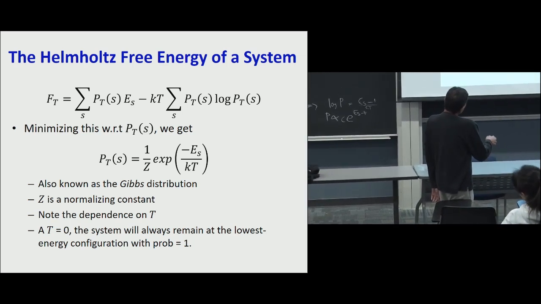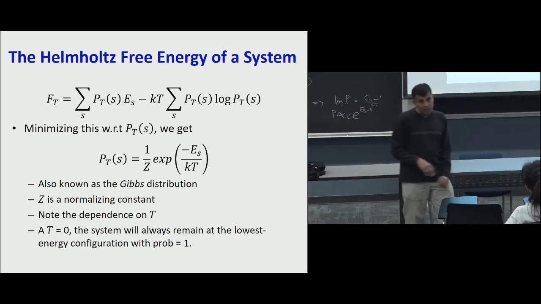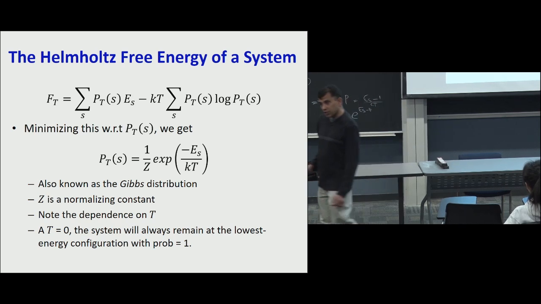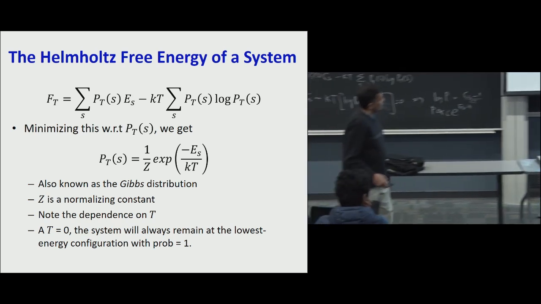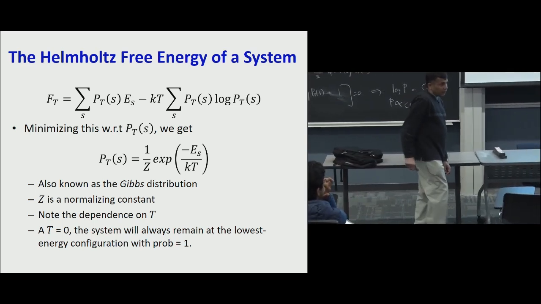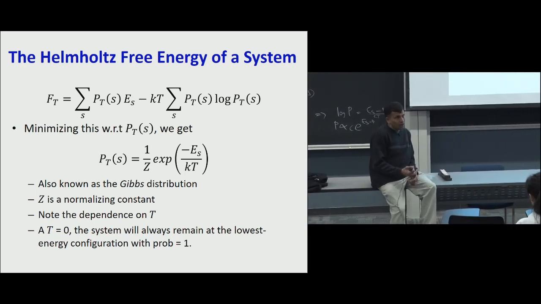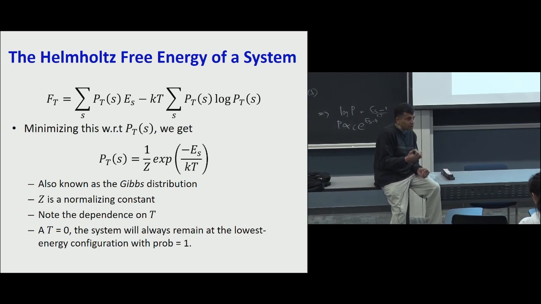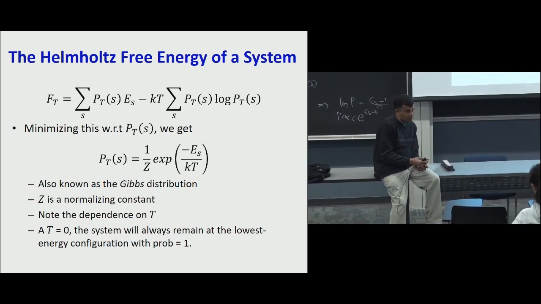There's also this external constant, which is a normalizing constant, which makes sure that the whole thing is a probability distribution, right? And now observe over here that if the temperature is not 0, then regardless of the energy associated with the state itself,